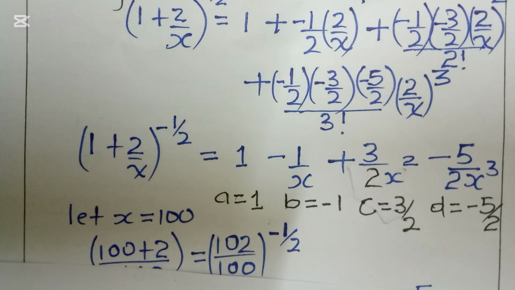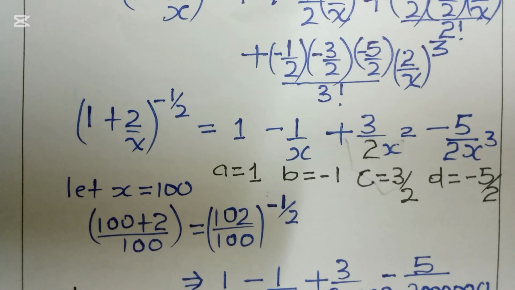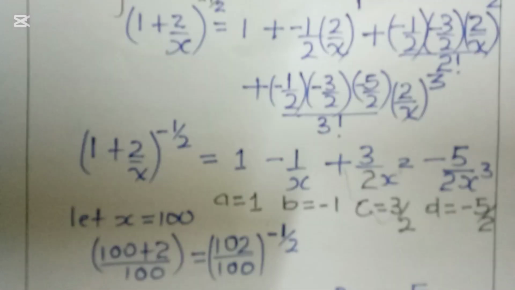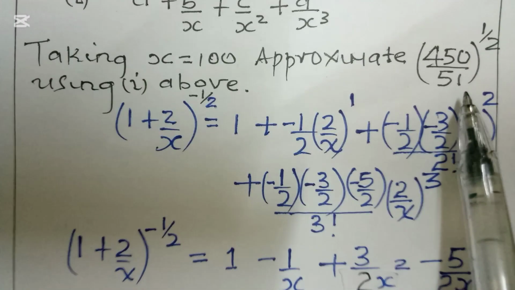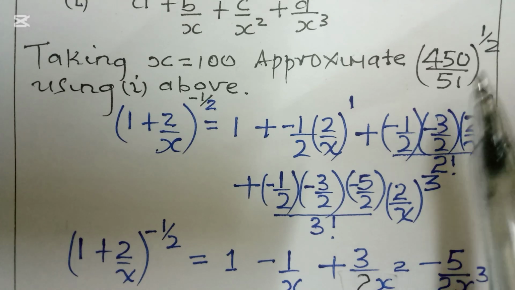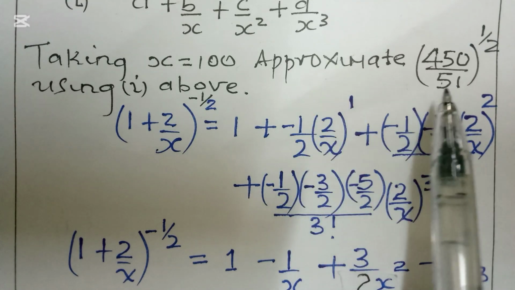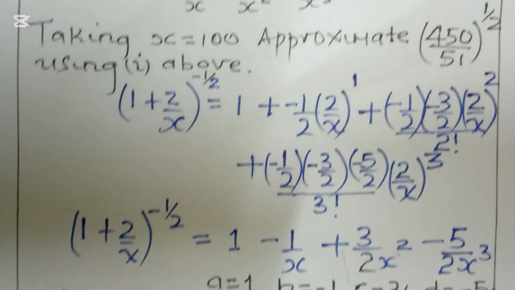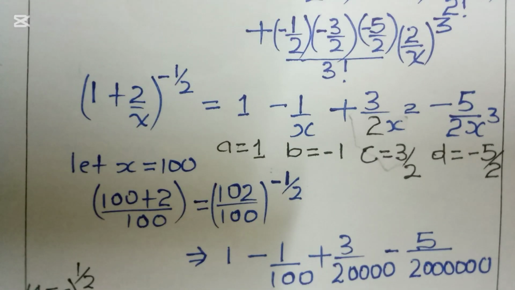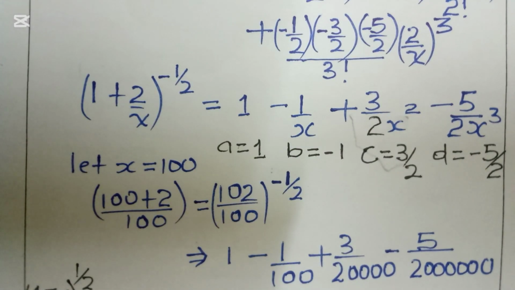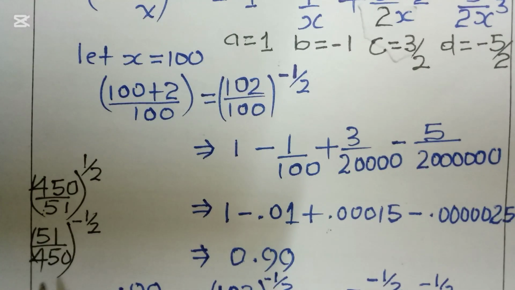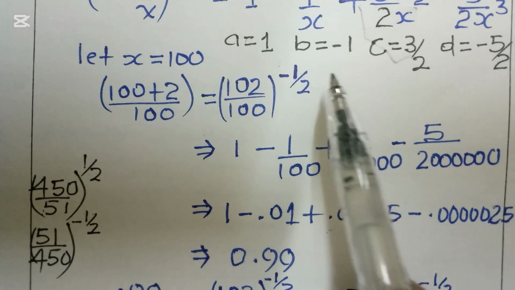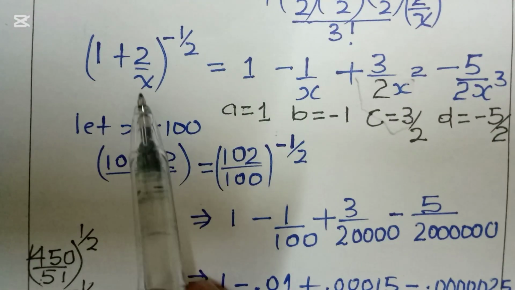Guys, now we come to where we are told, by putting x equals 100, to find 450 all over 51 raised to a half. Guys, for it to be raised to negative a half, you can do the reciprocal, so that you have 51 all over 450 raised to negative a half. And that's what I have shown right here. But before we go to that, guys, we put x equals 100. So we come to this equation, we put x is 100 here,